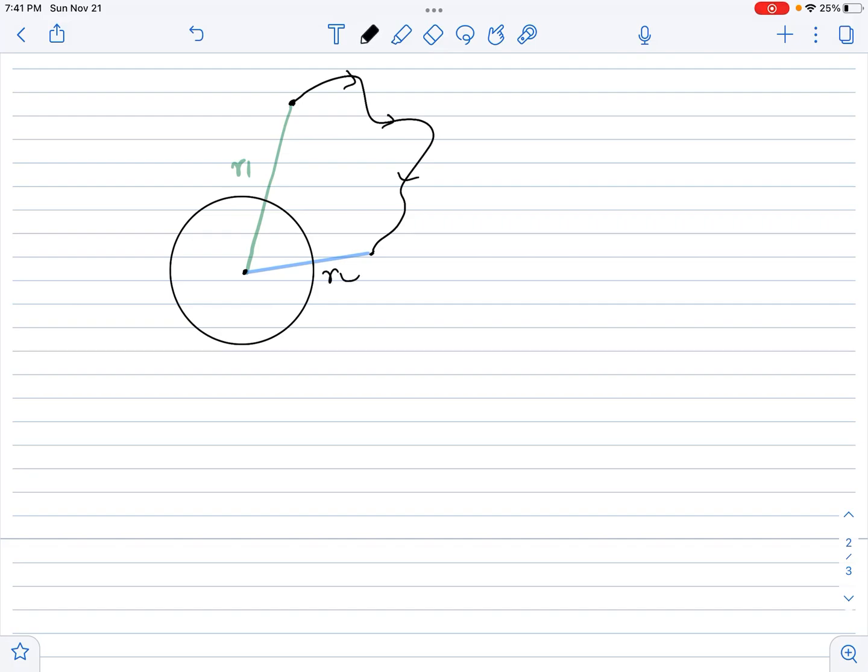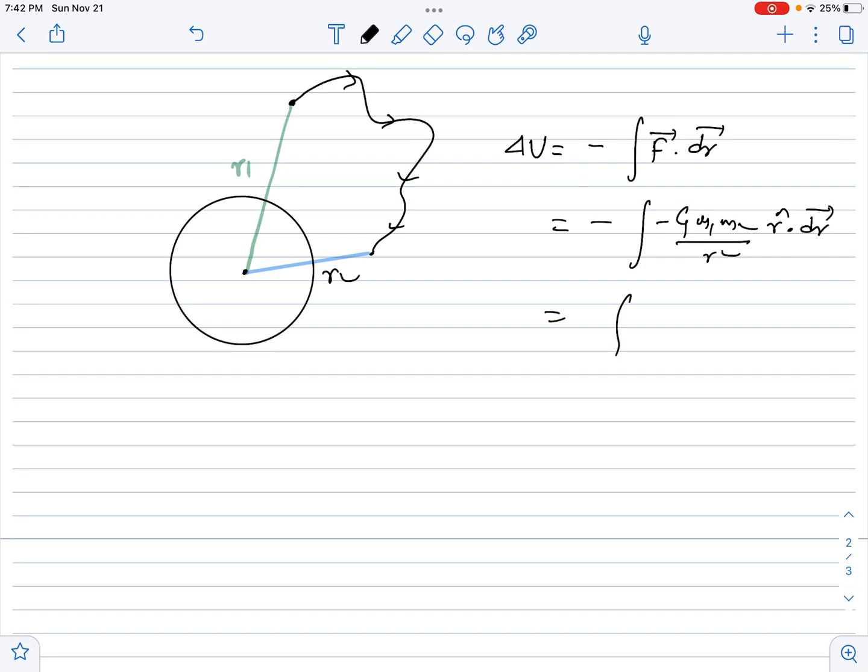Now you are moving from this point to this point, and we want to know the change in potential energy. You know it very well, delta U is equal to the integral of minus F dot dr. F is minus G m1 m2 by r square, where this minus is for radially inward, along r cap, dot the displacement. The two minus signs cancel, and this value is simply G m1 m2 by r square. r cap dot dr is the modulus of r cap times dr times cos 0, and the modulus of the unit vector is 1, so here you get dr.